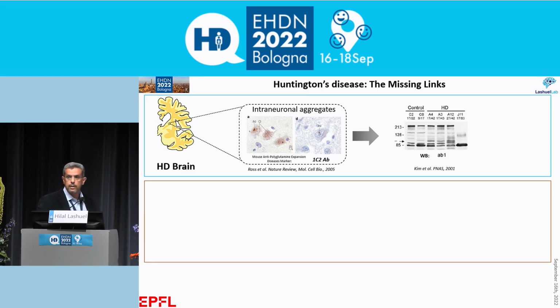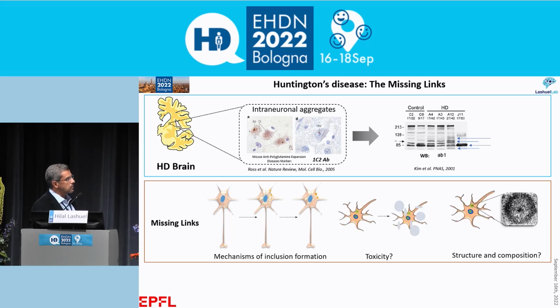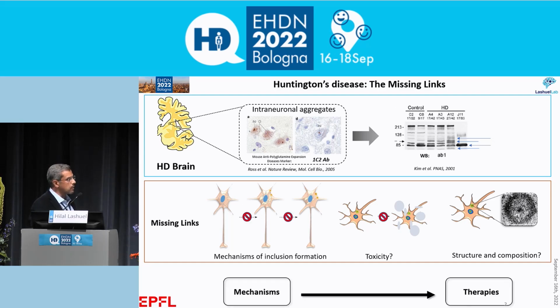As you will hear from my talk, I believe that other N-terminal fragments of Huntington also play an important role. The missing link, in my opinion, is understanding what is the mechanism of Huntington aggregation and inclusion formation. Realize that I'm using these two words. And how does this process contribute to neuron loss in Huntington? And what are the structural properties of these Huntington aggregates in neurons, and how do they interact and influence the environment inside the cell? Addressing this knowledge gap is not only important for understanding the mechanisms underpinning this disease, but also for developing therapies and for developing HD-relevant disease models.